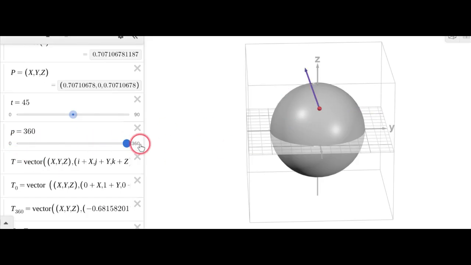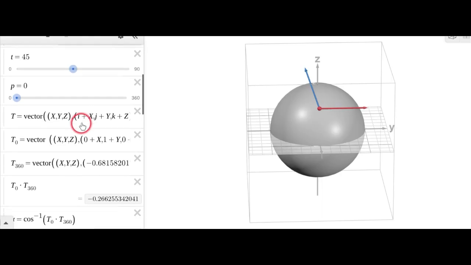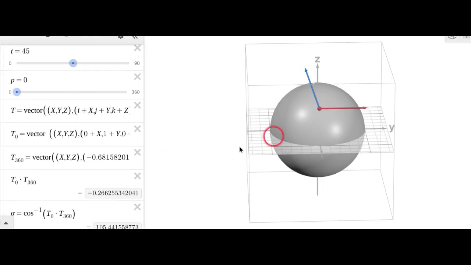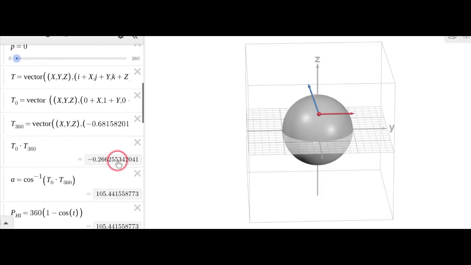Okay, so we said that we want to take a snapshot of this when it's at phi equals 0 and phi equals 360. So that's these two vectors. So here's T0 and T360. Now, the way we can find this angle just with vectors is we can take the dot product. So the cosine of this angle will equal the dot product of these two vectors divided by their magnitudes. Well, their magnitudes are 1 because they're unit vectors, so we don't care about that. Okay, so here's the product. T0 is red, T360 is blue. We say the angle between them is equal to the inverse cosine of the product, and there it is,